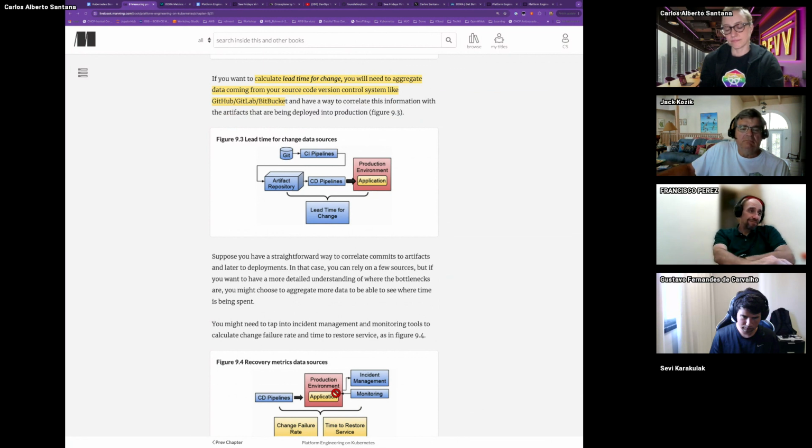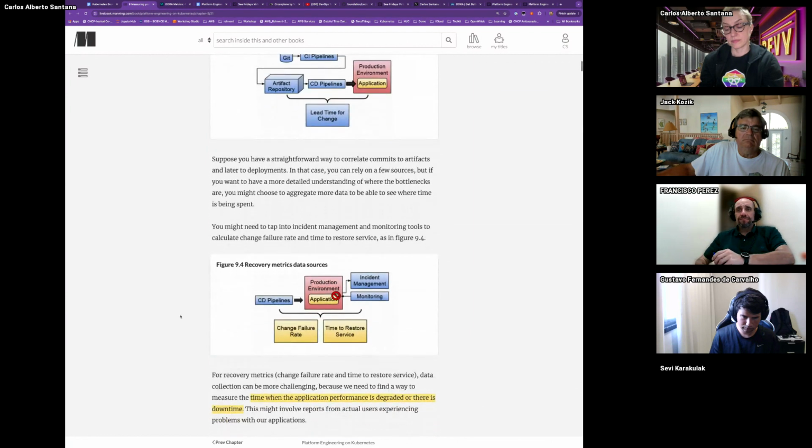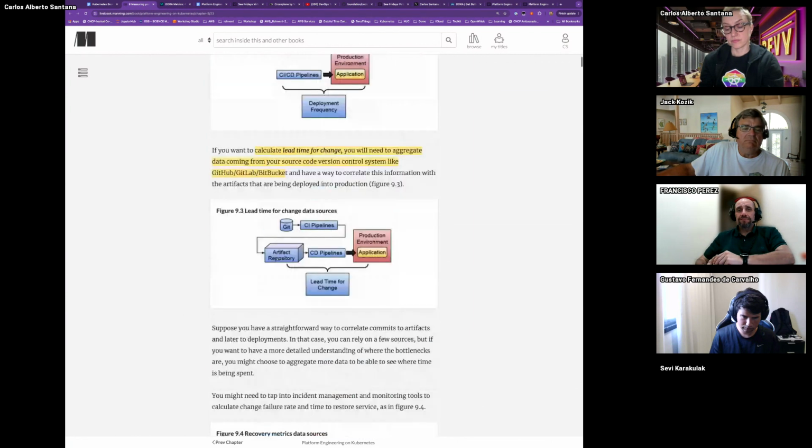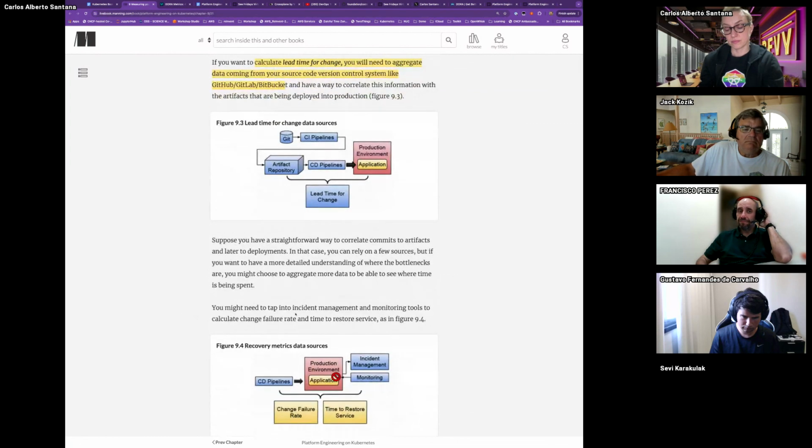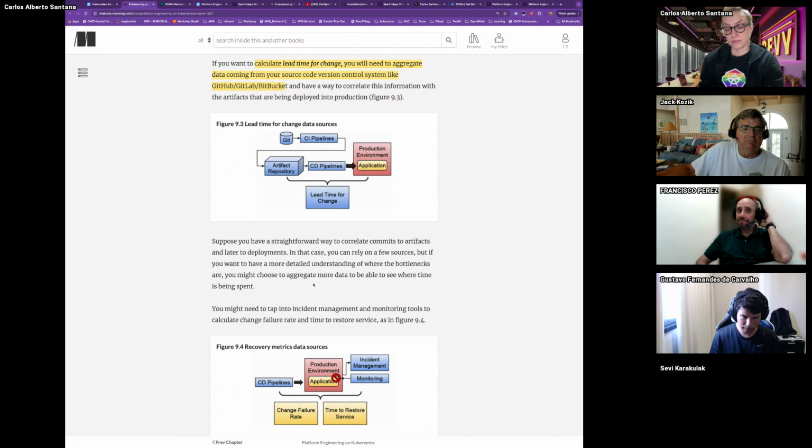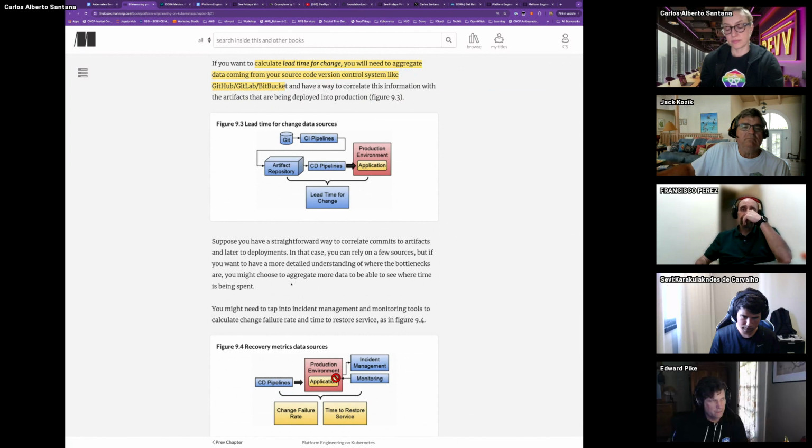But again, those are the things that could happen, and that's okay, because then it gets picked up the next week, hopefully, if you're shipping weekly. Anyway, I wanted to highlight that on lead time to change. And some people measure it, I think he does it later. Some measure lead time to change from when the image gets created, tagged and put into the repository. And some people measure it from when the issue got created, or from the code commit.